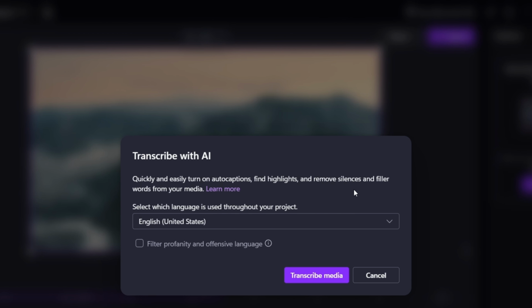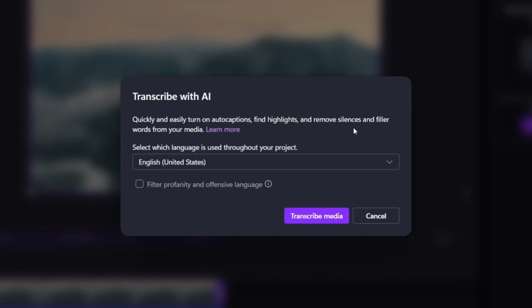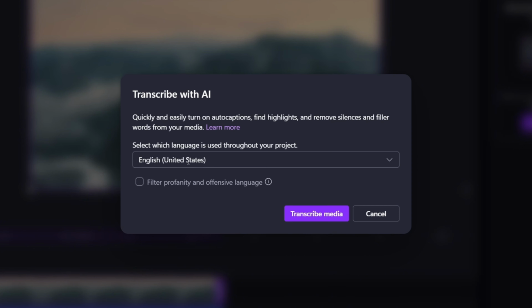It's going to show us some options to choose which language we're going to work with. In this case, I'll be using English. You can also filter profanity and any offensive language in the audio. I'm going to leave that unchecked for now since I don't think we'll need to utilize that feature with the